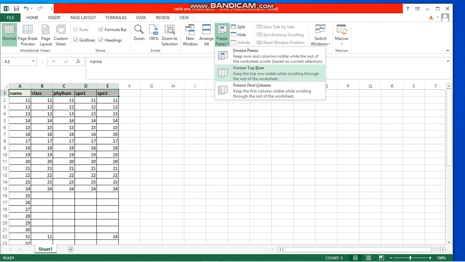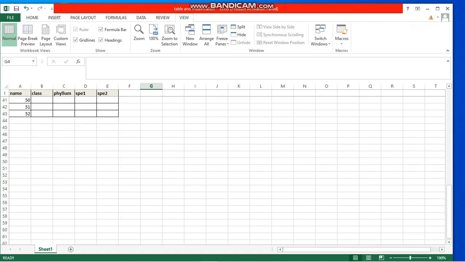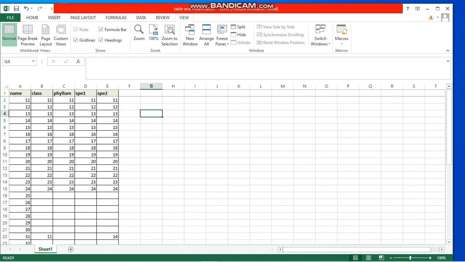I'm going to click Freeze Top Row. Okay, so now this top row has been frozen. For example, when I'm scrolling up, then the top row is not going to change. It remains as it is. So by this way you can freeze top row, and if